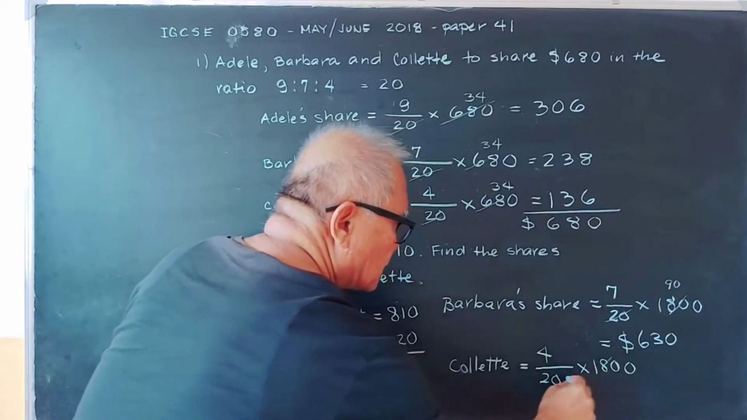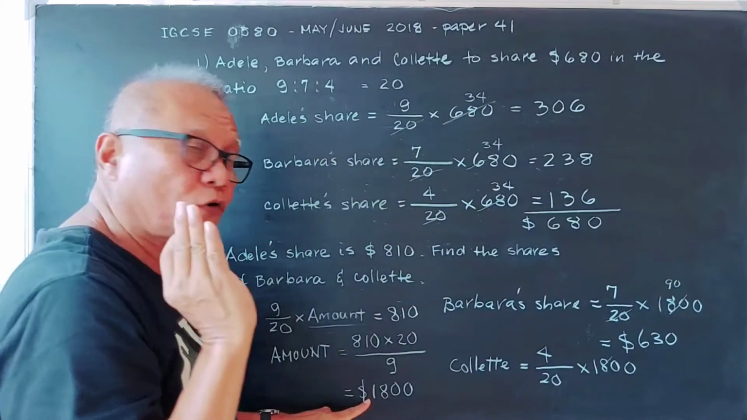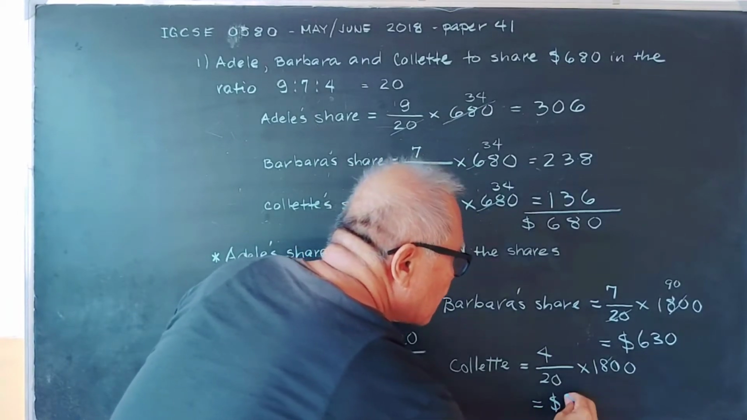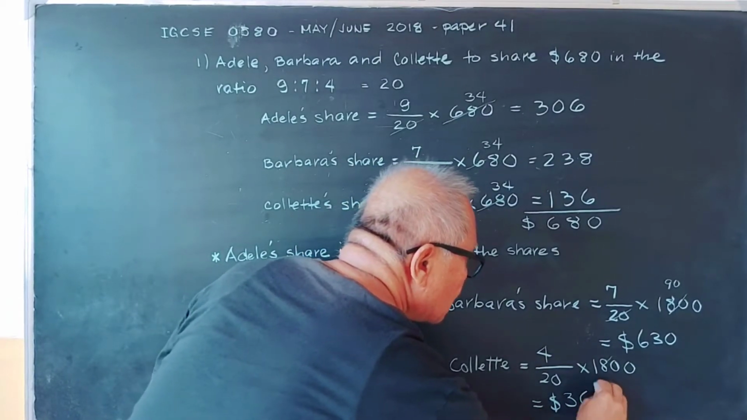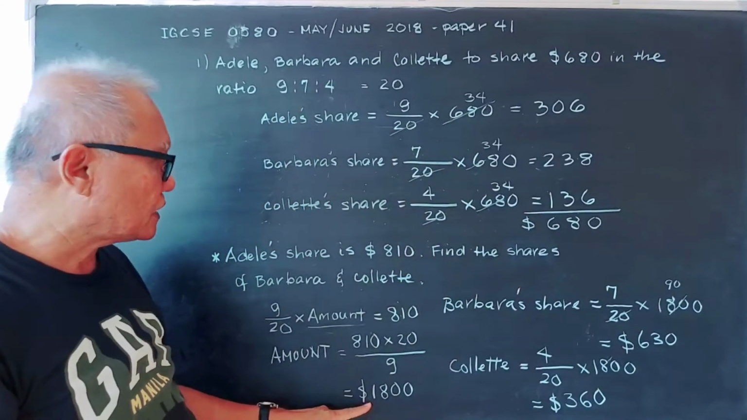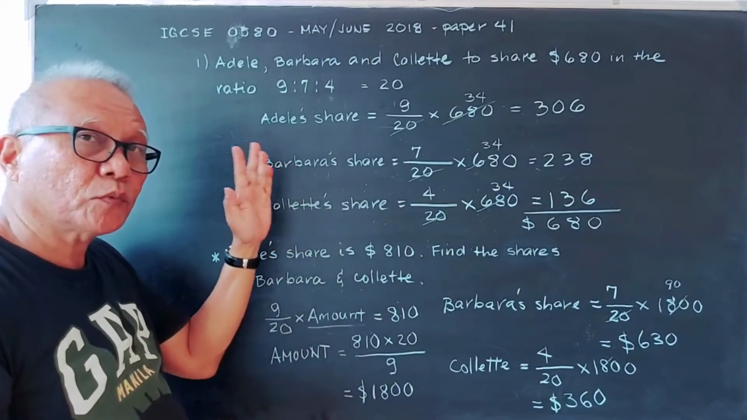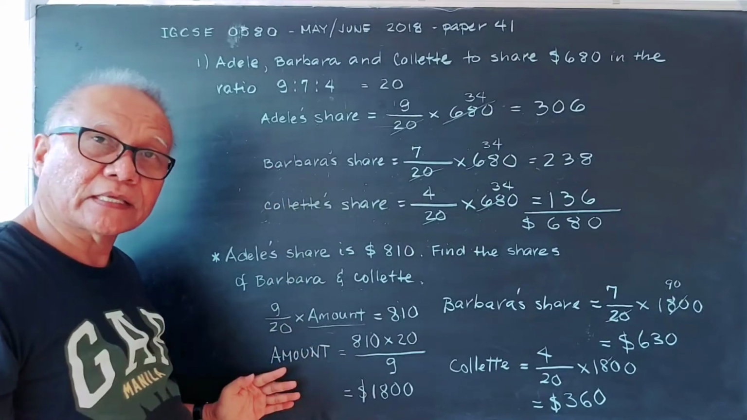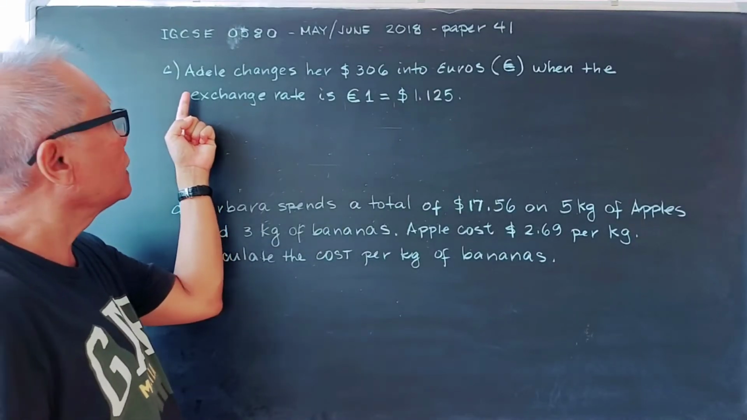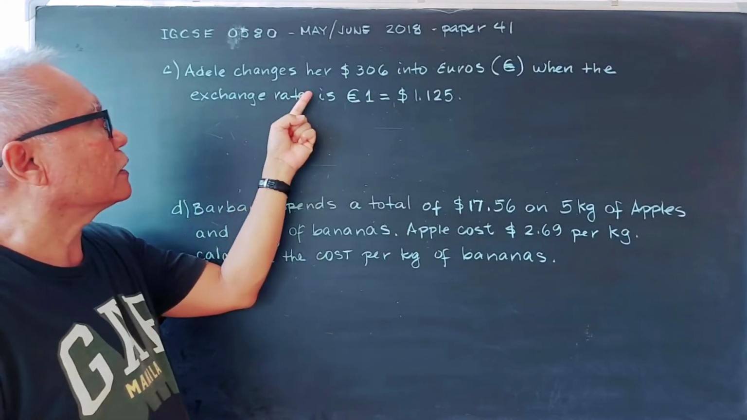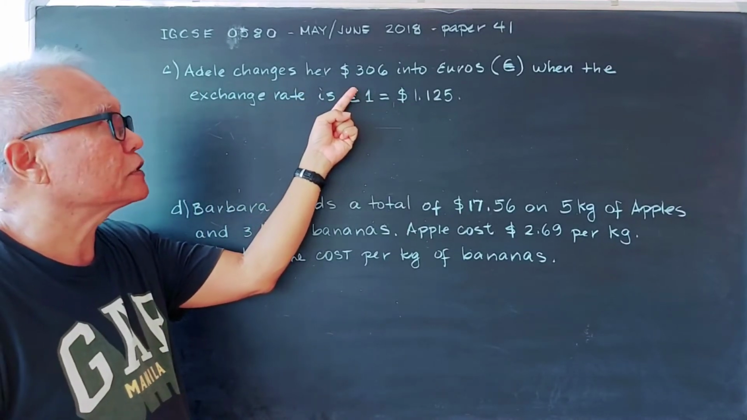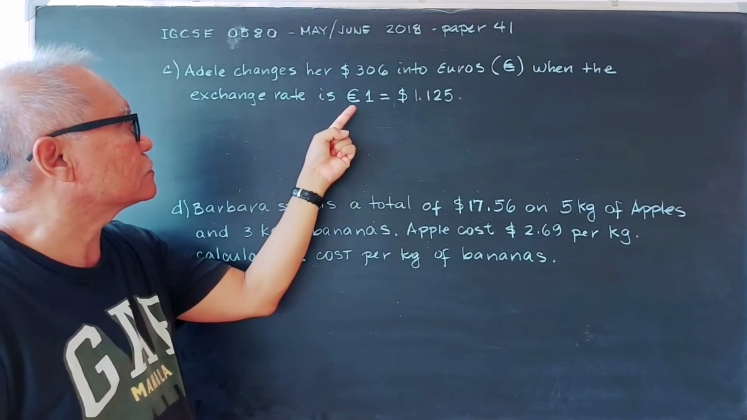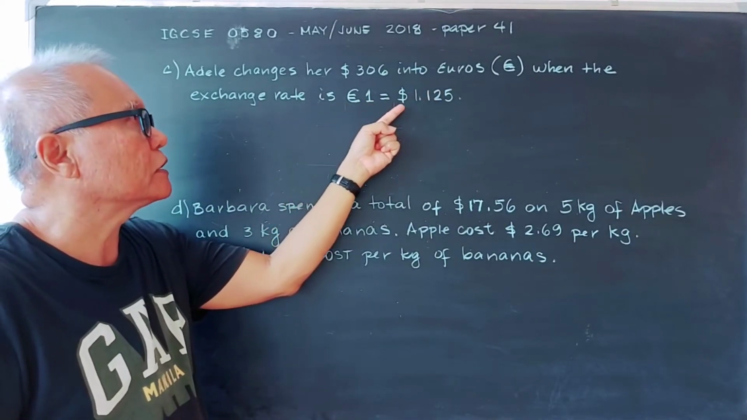So this one is cancelled. It's 90, and 4 times 90 will give us $360. And that is how to compute the ratio and proportion in two types, the first type and the second type. Number 1C. So we have Adele changes her $306 into euros when the exchange rate is 1 euro is